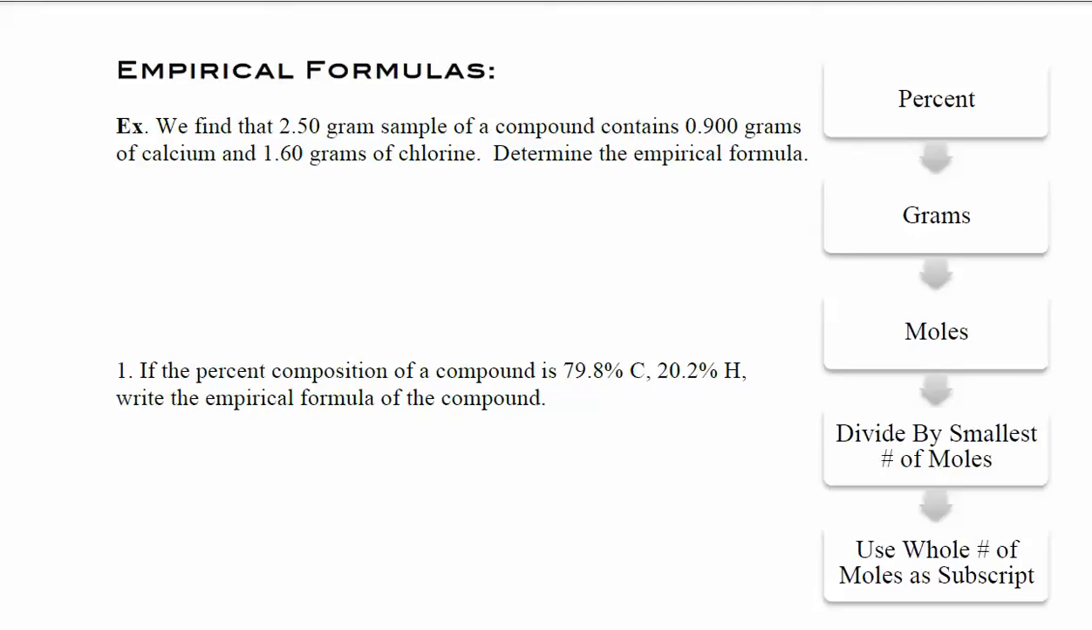Now, there are two different types of formulas that you're going to learn how to write. The first one that you are going to learn about in this video is called an empirical formula. An empirical formula is the formula that represents the lowest whole number ratio of atoms in a compound. I'm going to explain what exactly that means in 1 second, but I'm going to write this out right now. So it's the formula